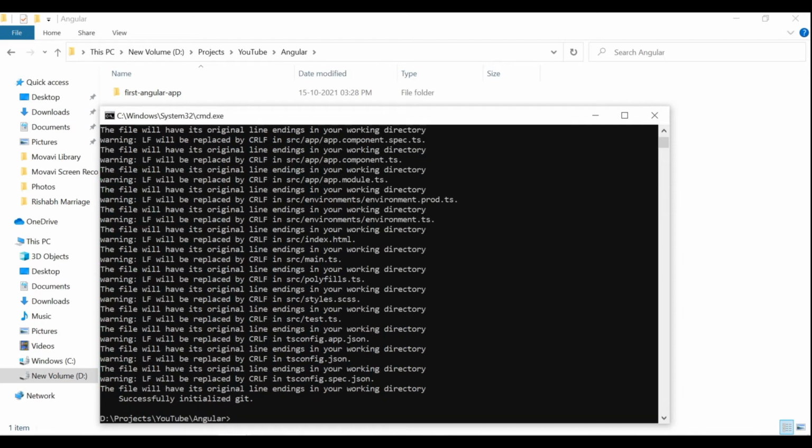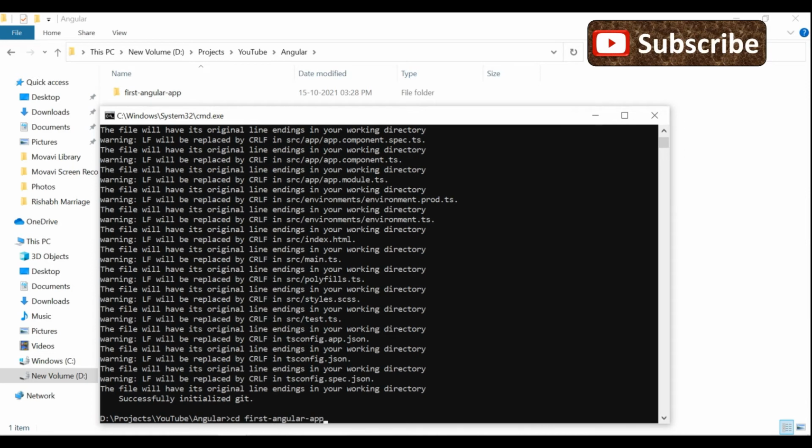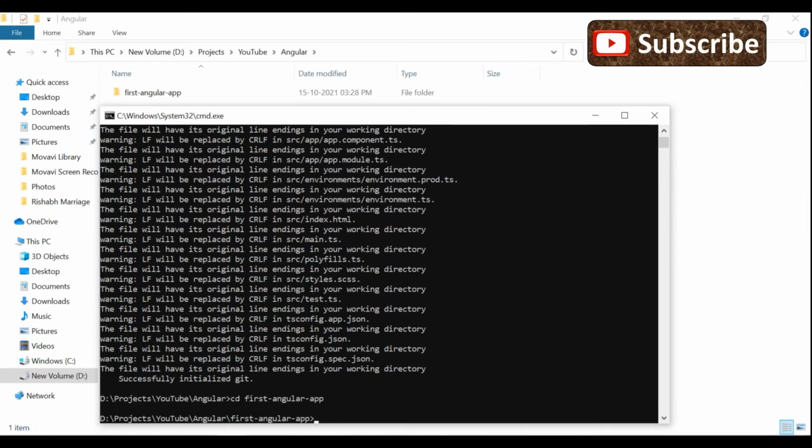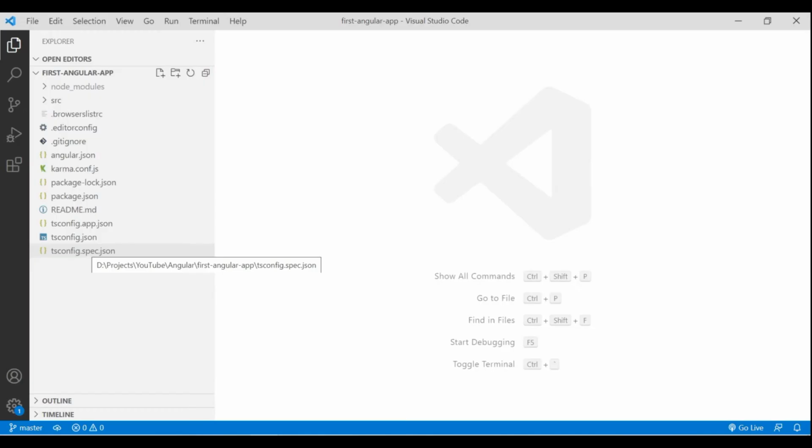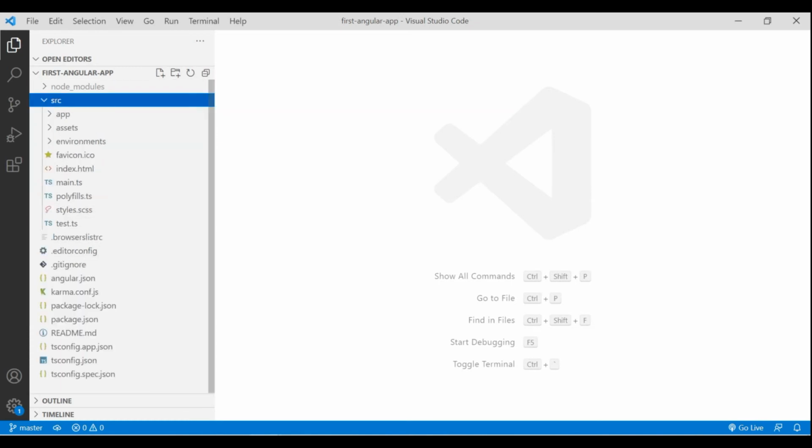Let's open it. For opening, write cd and your project name. Press enter to move into this project folder, and after that write code space dot to open this folder in Visual Studio Code. This is our Angular app. So in this app,